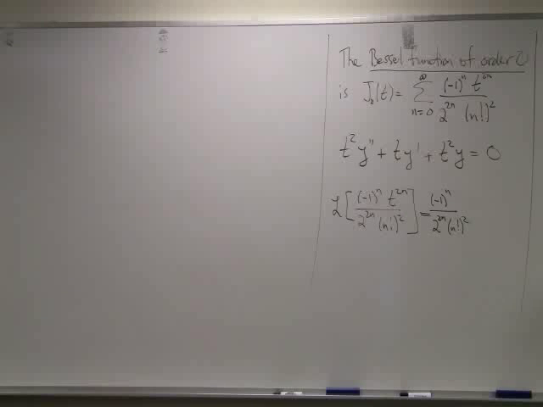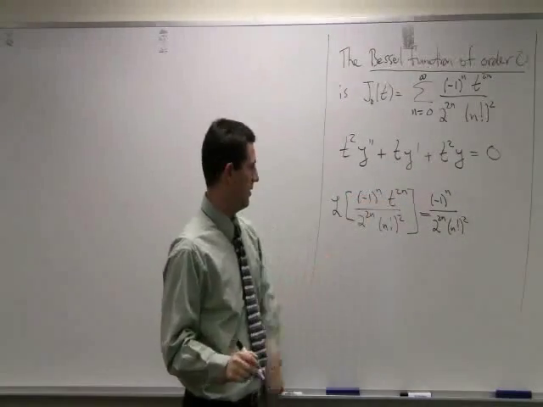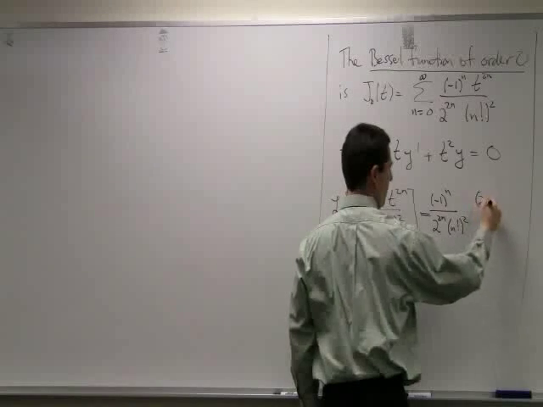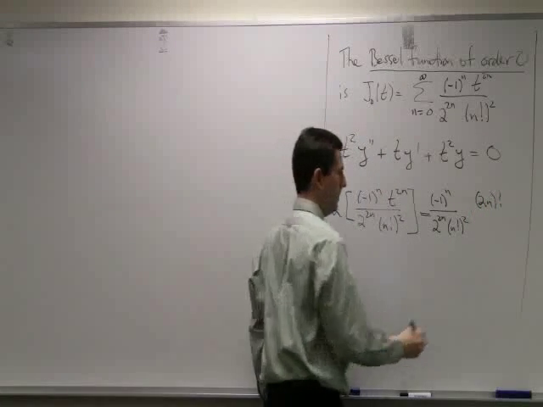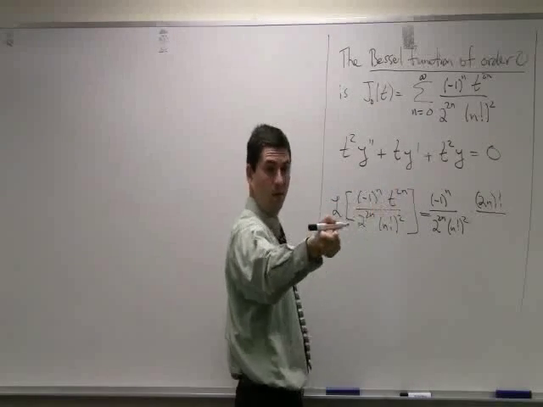What's the Laplace transform of t to the n? Okay, so t to the 2n is going to give you a Laplace transform of 2n factorial over s to the